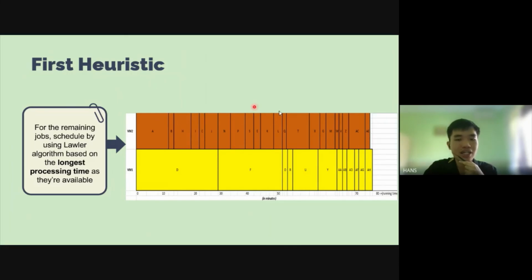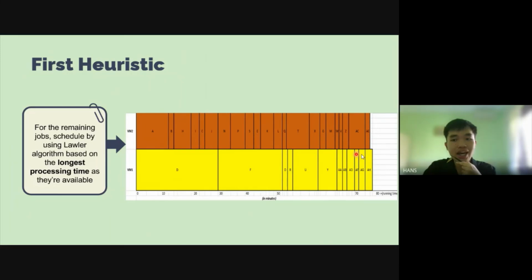You can see on the right hand side of the Gantt chart in here. In the first machine, we have the job D, F, and so forth. And for the second machine, this is just the order. The drawback of the first heuristic algorithm, we know that the first machine in here performs slightly longer than the